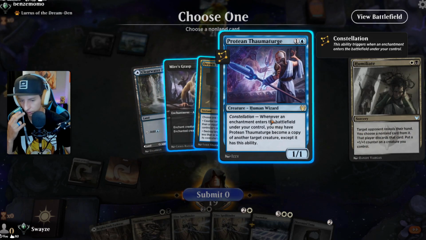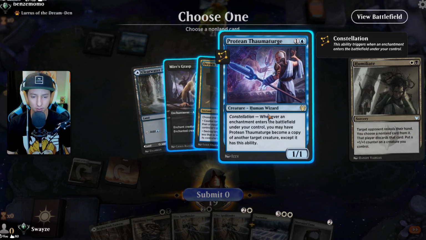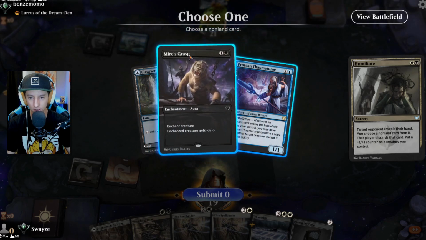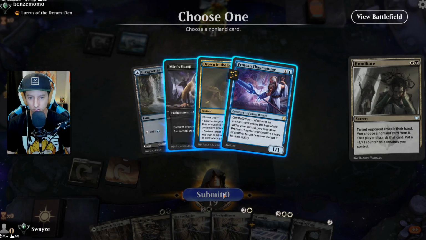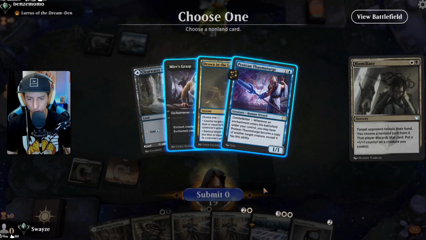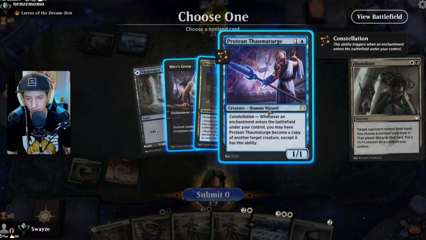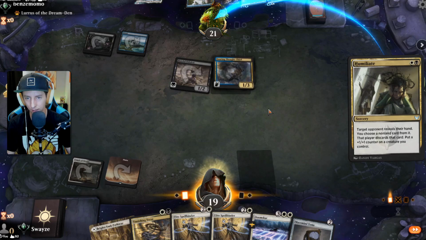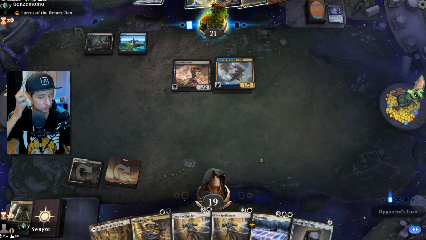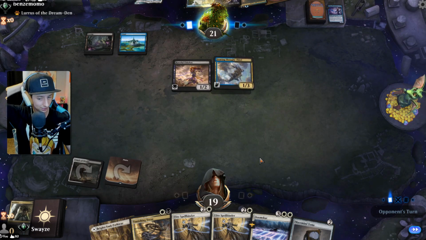Okay, it's so weird. So this can become a copy of any creature, right? Which can be really annoying because they do run enchantments. I don't want this to become another rogue, right? That would be really unfortunate. So do I take that? Drown in the Loch though is really annoying. All right, well, we'll take that. Hopefully next turn we can